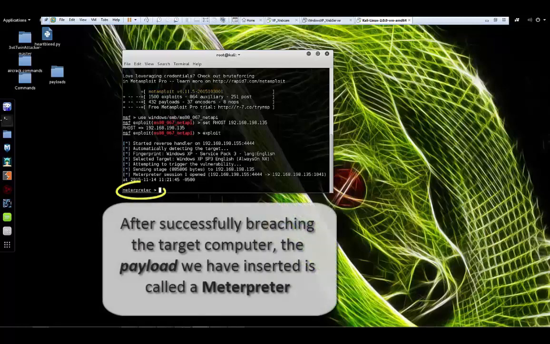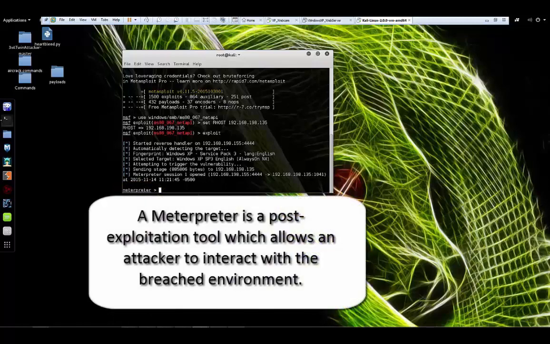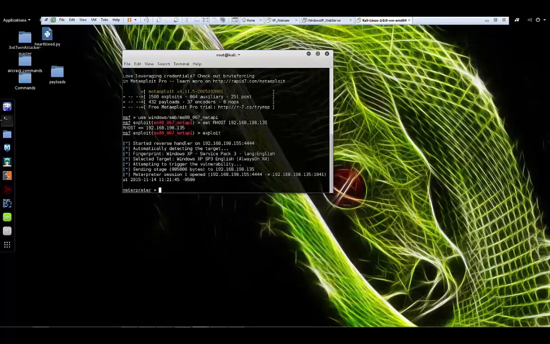I'm now inside the target computer. The payload, which is what we injected into the victim after the entry was leveraged, is called a Meterpreter. A Meterpreter is a tool that allows an attacker to perform several post-exploitation functions. The purpose that it serves is kind of like that of a DOS prompt communication medium between the attacker and